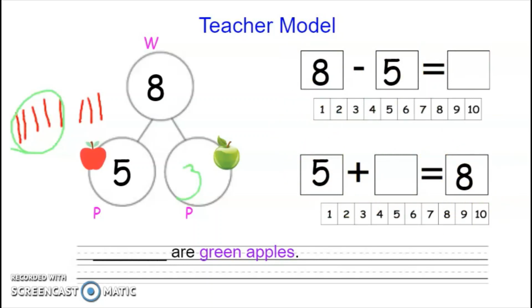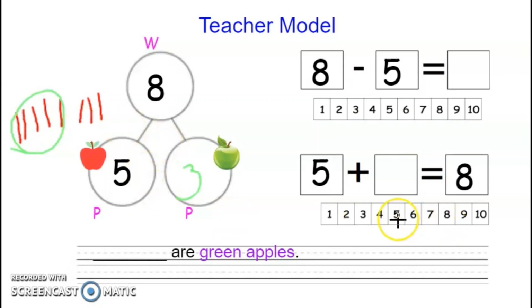My friend James wrote 5 plus blank equals 8, and my friend Lily wrote 8 minus 5. It's important to think about these number sentences because we're going to see how they relate to number lines. Let's go ahead and get started, and let's take a look at James's number sentence first, which was 5 plus blank equals 8. For this, we are going to go ahead and start at 5 and jump all the way